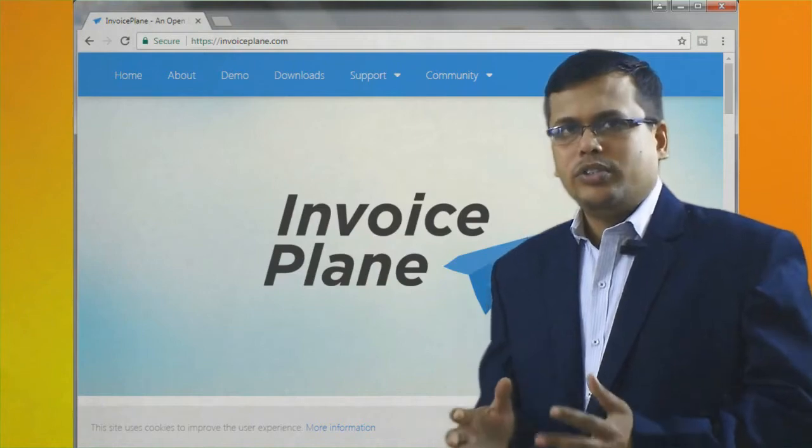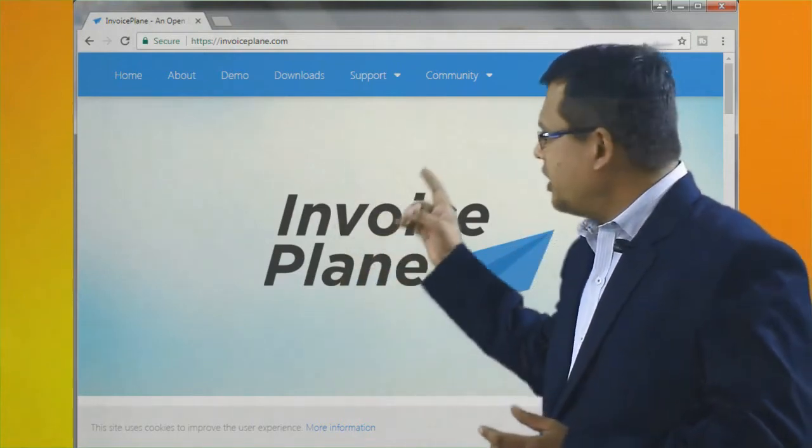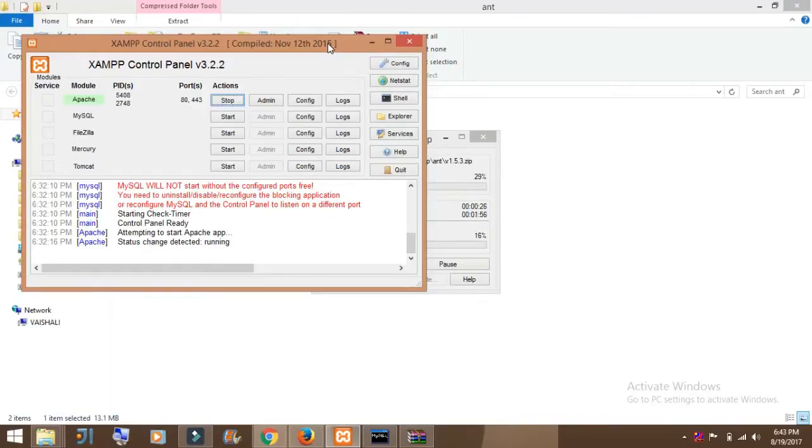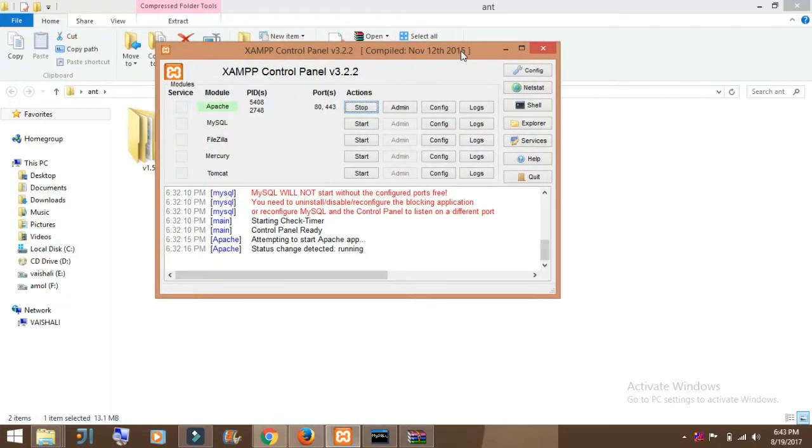Now let us see how to host this project, that is Invoice Plane, on your system. So let's start the process of hosting Invoice Plane. I hope you have installed the XAMPP, right? XAMPP version 7 is important, right?